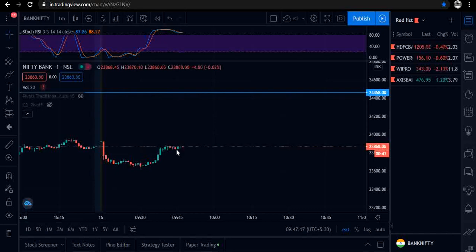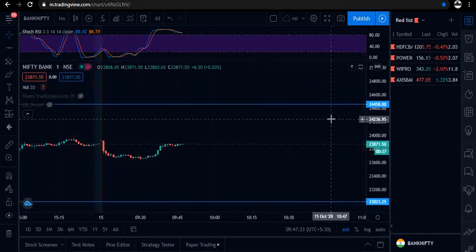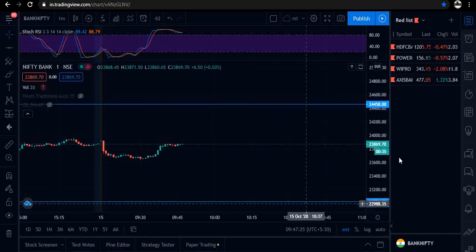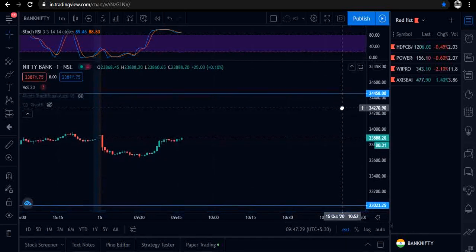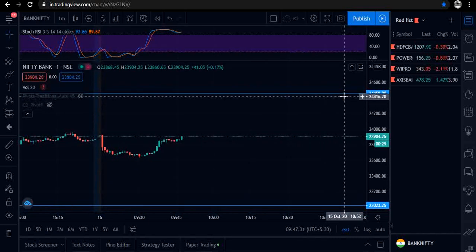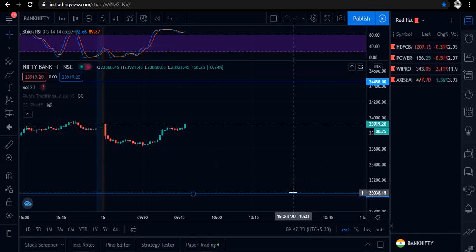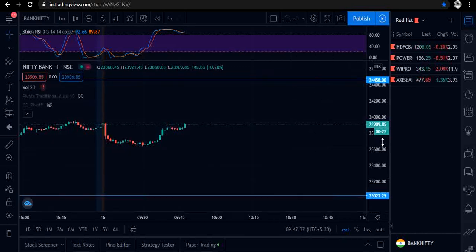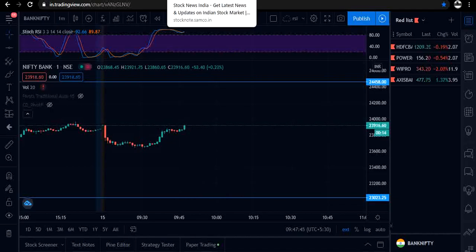So coming on to the Bank Nifty chart. Here you can see traders, I have made the support and resistance lines. Okay, so I will be selling the call at this resistance and the put at this support. Okay, so let me explain to you. As I have drawn this resistance, which is 24,400. Okay traders,